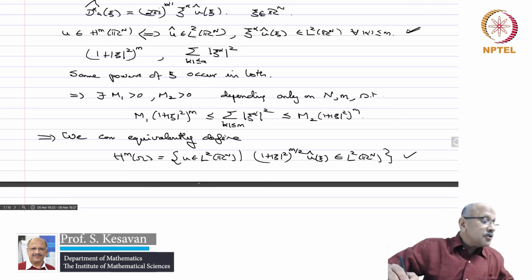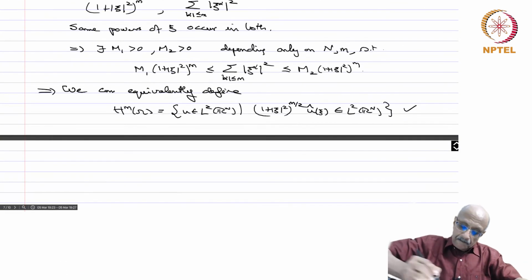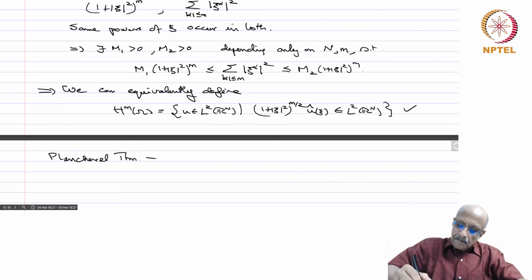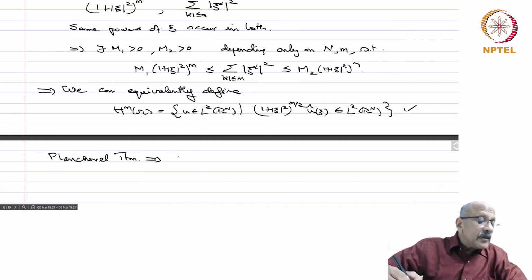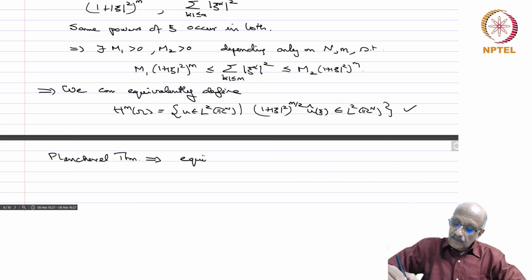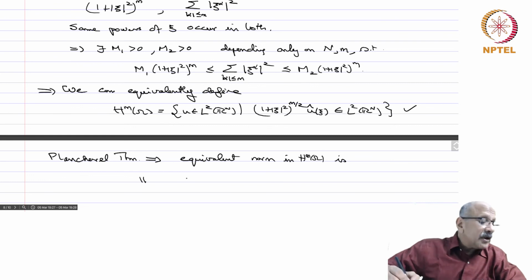And using the Plancherel theorem, this implies that an equivalent norm in H^m(R^n) is, and we will denote it by the same symbol, we will not give it another one,